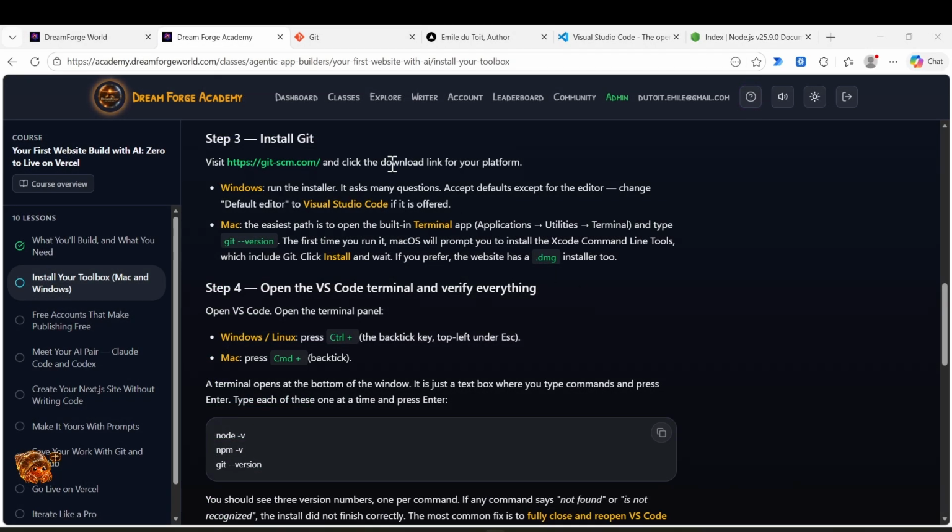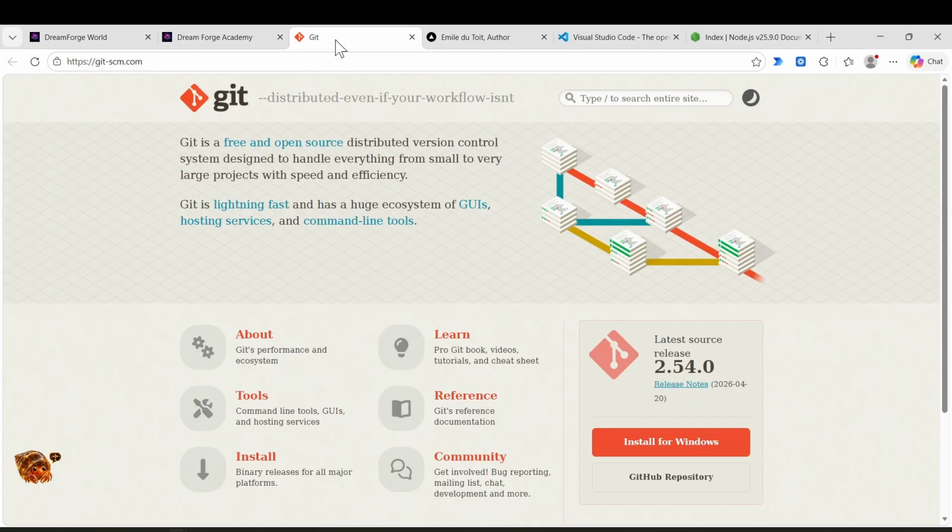Then the third step is to install Git using this link here, git-scm.com. And you can learn more about it here. There's your reference for the tools and the installation, or you can just click here, install for Windows. So as you can see, like I said earlier, Git is a free and open source distributed version control system designed to handle everything from small to very large projects with speed and efficiency. It helps you keep your code safe even when your computer gets destroyed, and you can organize the projects that you work and build on your local computer.